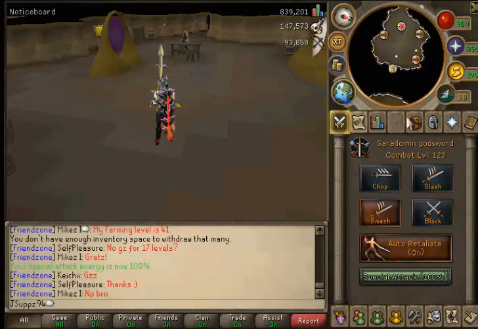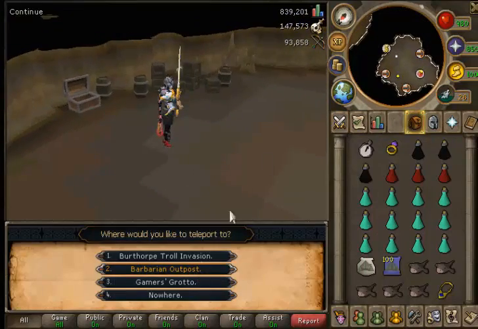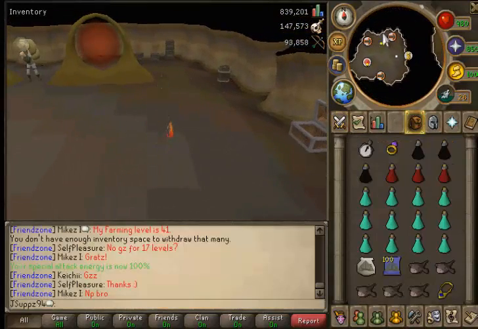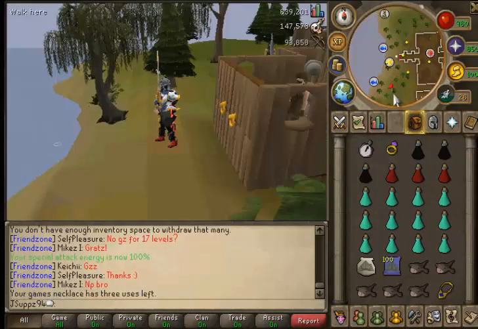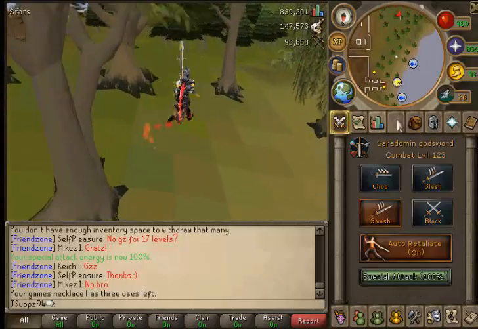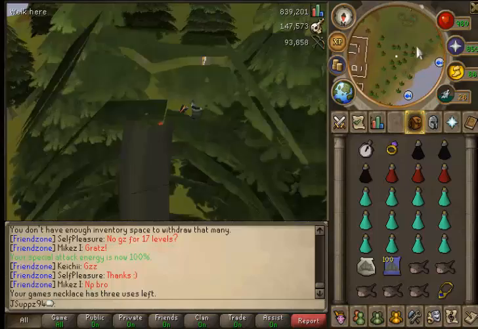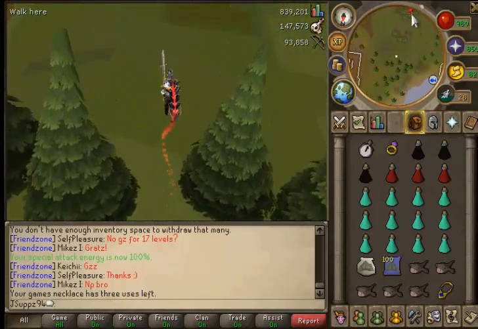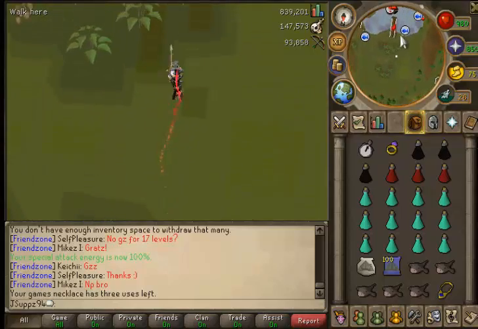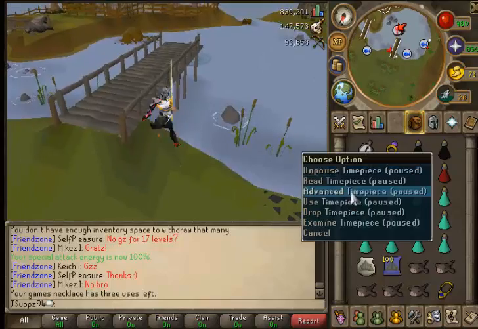Okay, so once you're geared up, you should rub your games necklace and go to the Barbarian Outpost. Then you run south, obviously. And we run, run, run. If you're wondering why I have a stopwatch, I'm making a video of 24 hours of pure slaying, not excluding the banking, just pure slaying. So that would be up in about 5 days. I'm at